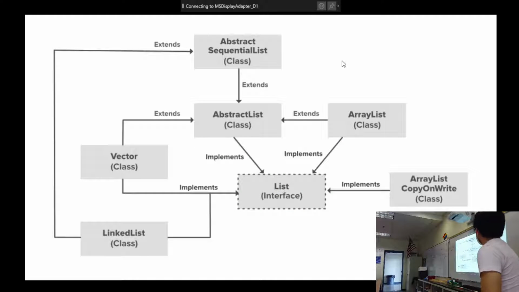Now we briefly talked about this last week where we had this giant chart up on the whiteboard. And this was the interest in that this is the list interface. List interface has all these things that implement it. And in a difference to an array, what is so special about this? There are 2 things that lists do that arrays don't do. What is one thing? Any guesses?